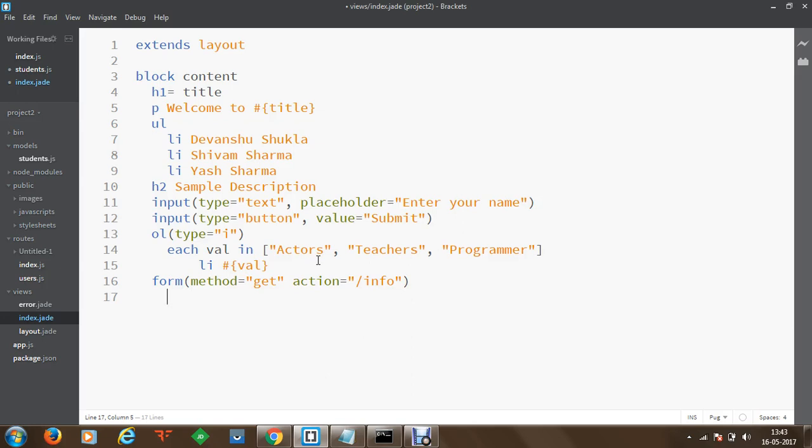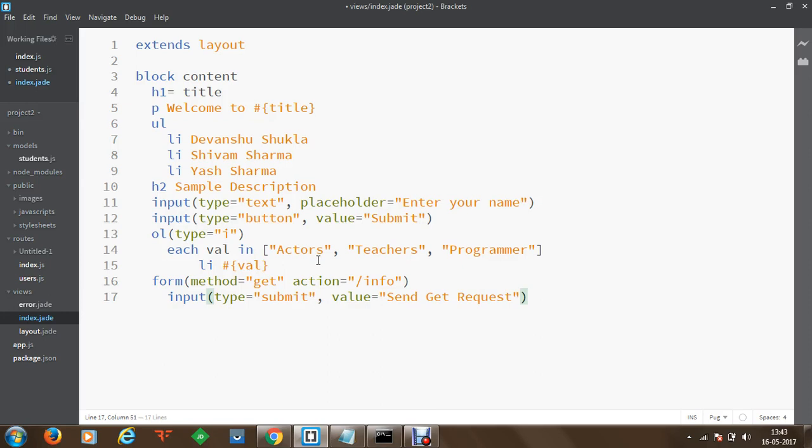Now within this form, we will have multiple elements. You can have an input or a button. At the moment, we are going to send a simple get and post request, so I'm going to create a button only. To do that, I'm going to create an input control, and this input control will be of type submit, and the value inside this will be "send get request".